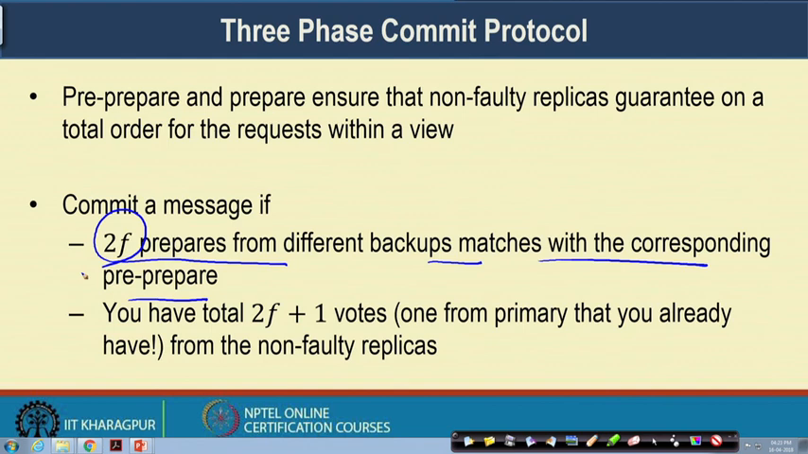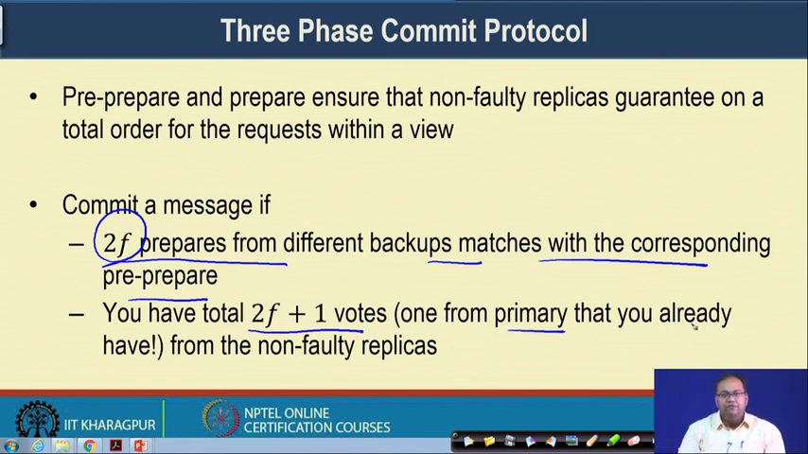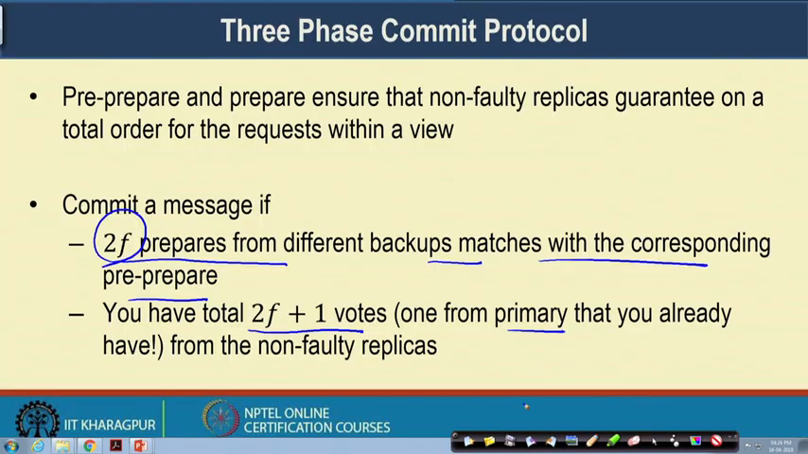So, here you have a total of 2F plus 1 votes that you have received. One vote is from the primary, which you already have, and you have got 2F votes from other replicas. So, if you remember that whenever you are waiting for this kind of vote, so here in this context,